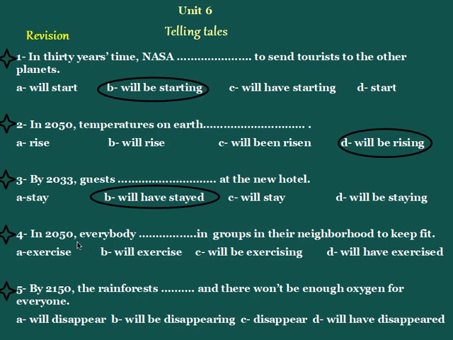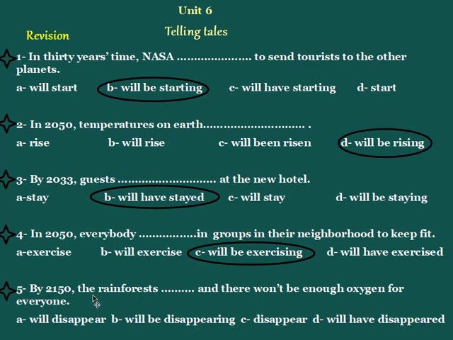In 2050, everybody space in groups in their neighborhood to keep fit. Exercise, will be exercising, or will have exercise. So which one will you choose? Future perfect or future continuous? Let's go to future continuous. Will be exercising. Number 5, the last one, by